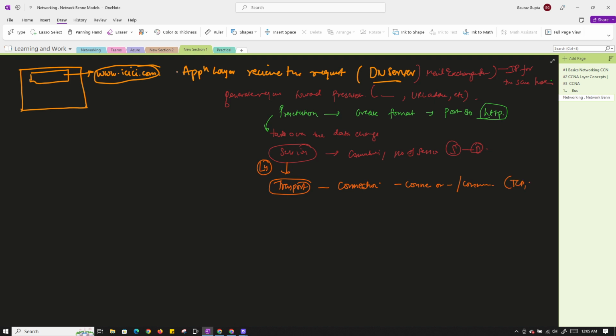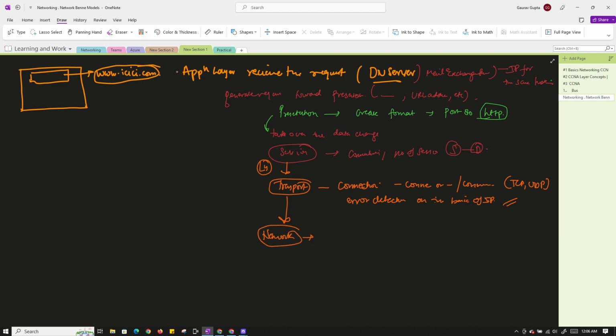We have TCP and UDP protocols here, and it checks for errors. If it finds nothing wrong here, it submits the request to our network layer,